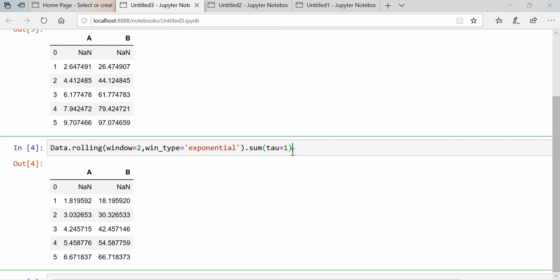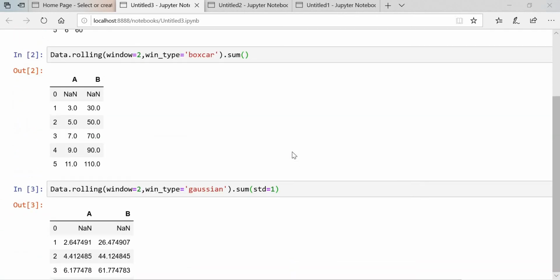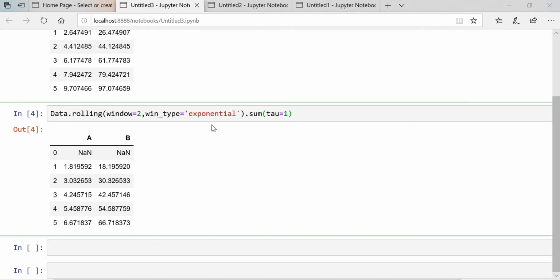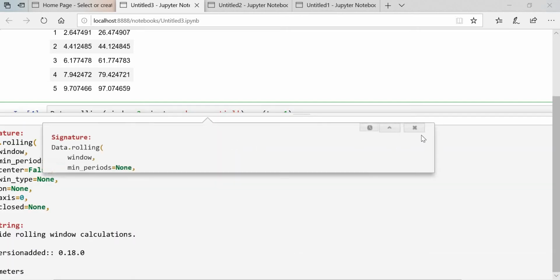If you want to calculate with the exponential, or with boxcar or Gaussian, we have much more. I will show you. If you put the cursor over here and press shift and tab continuously, you will get brief information about the win type.